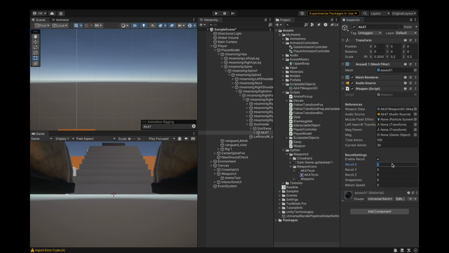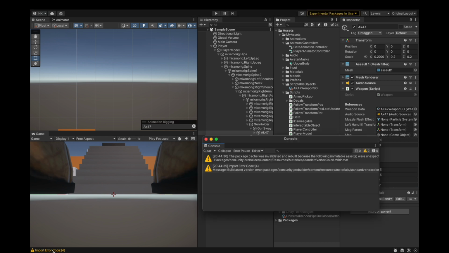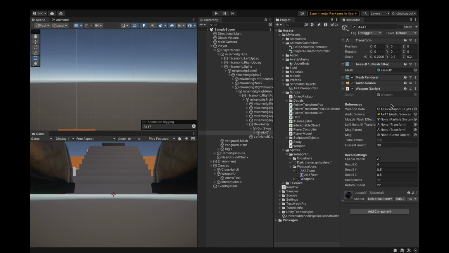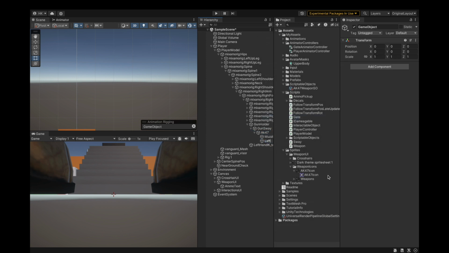The recoil X and recoil Y and Z, so all of these have not been assigned. I'm going to set the X to 4 and the Y and Z to 0.5, 0.5, snappiness to 16 and return speed to 22. Now I need to assign all these. We can't actually assign the mag because we don't have a mag yet. We will have it when we actually use the Pro Builder to separate the meshes, but currently we don't. So I'm going to create an empty game object inside the AK-47, create a left-hand IK transform, empty game object,